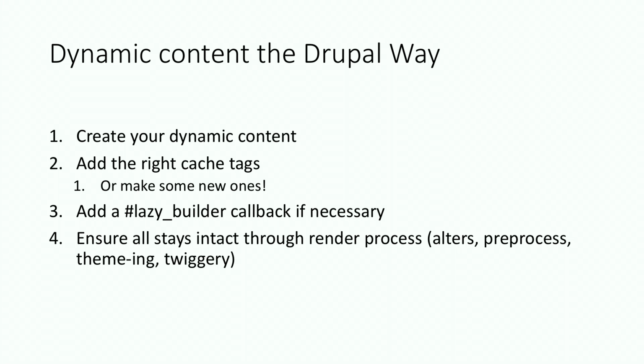Drupal's auto placeholdering should make that unnecessary in most cases, but we had to do it as a workaround for a problem I'll talk about in a second. And 4, you have to make sure that all of that stays intact through iterations on your site, people adding various alters, preprocess hooks, theming, twiggery of all sorts. And it can be a lot to